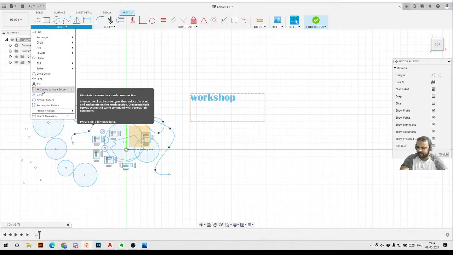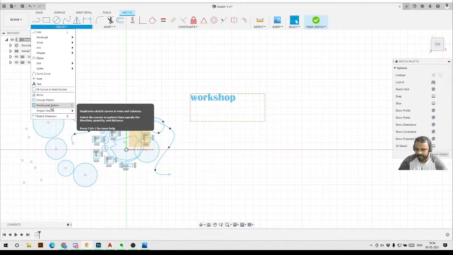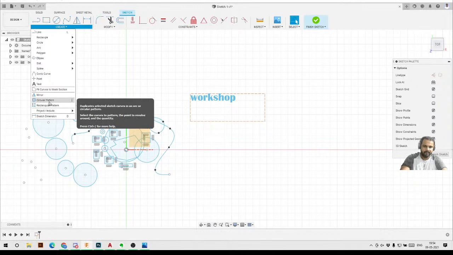Then we got the fit curve to mesh section, just ignore it for now. The mirror, I already told you to ignore it for now. Then we got circular pattern and rectangular pattern. These two tools are very important for creating patterns when you are working on, let's say, a flange. If you are a mechanical engineer, I believe you are aware of the flange. A flange is a